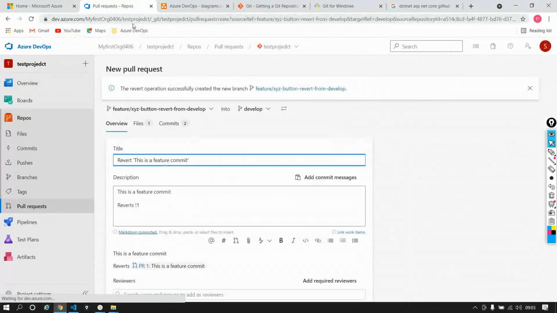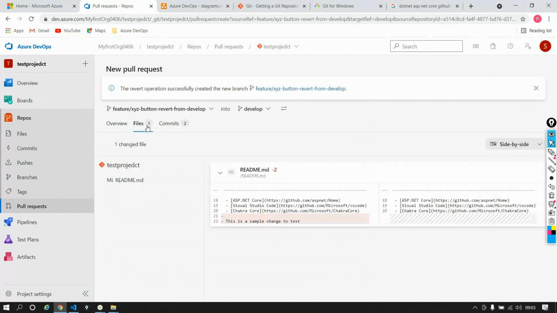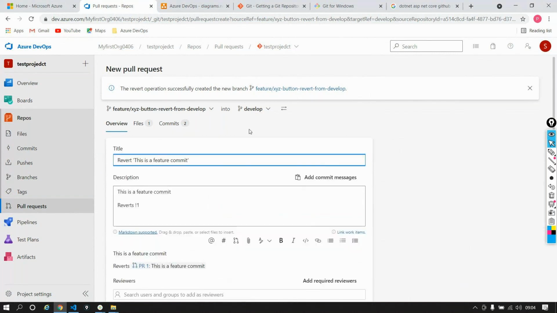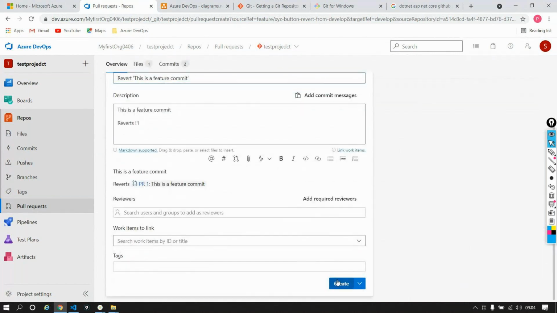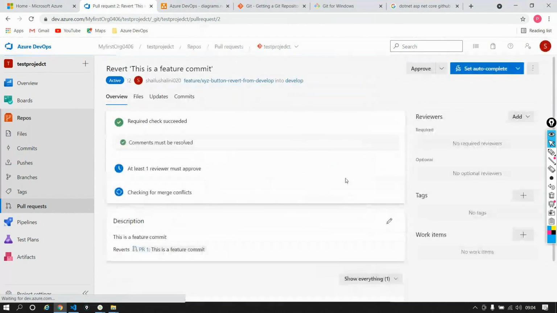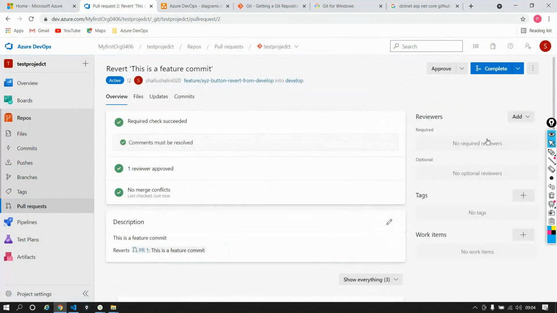Azure DevOps will create a feature branch for you. It will revert this change, meaning whatever change you did, it will just revert it out, and you can raise a new pull request out of it. This pull request will just revert this change. If it's approved, and if I complete this out,